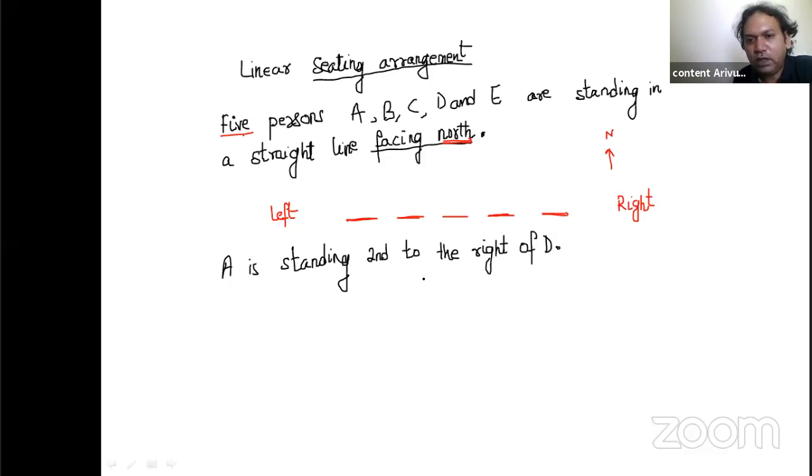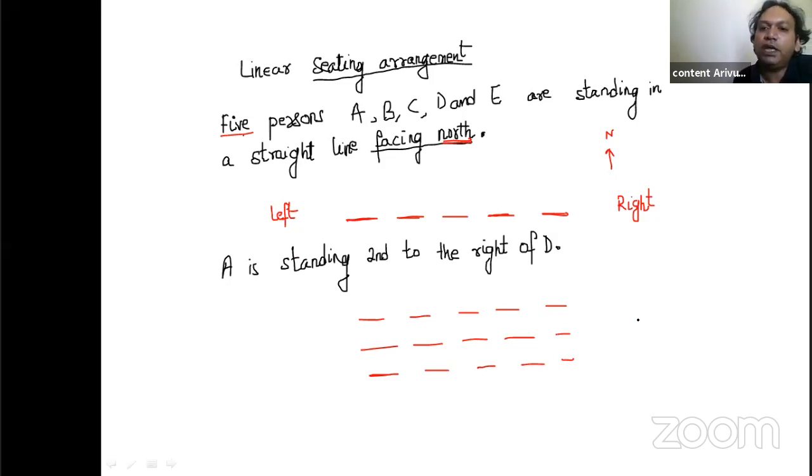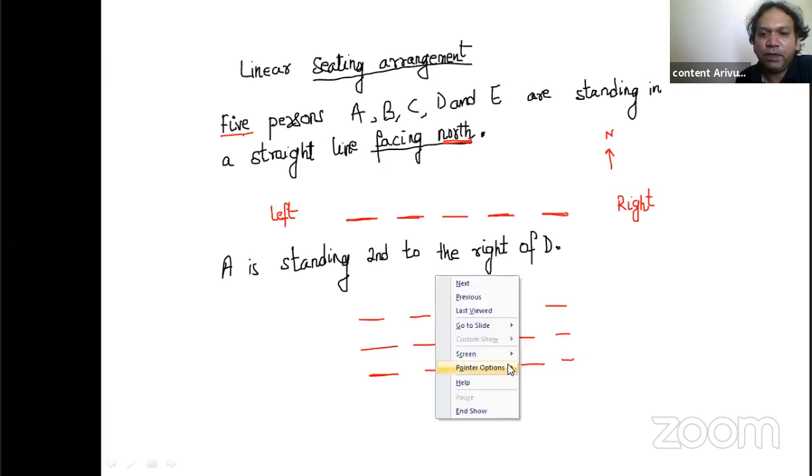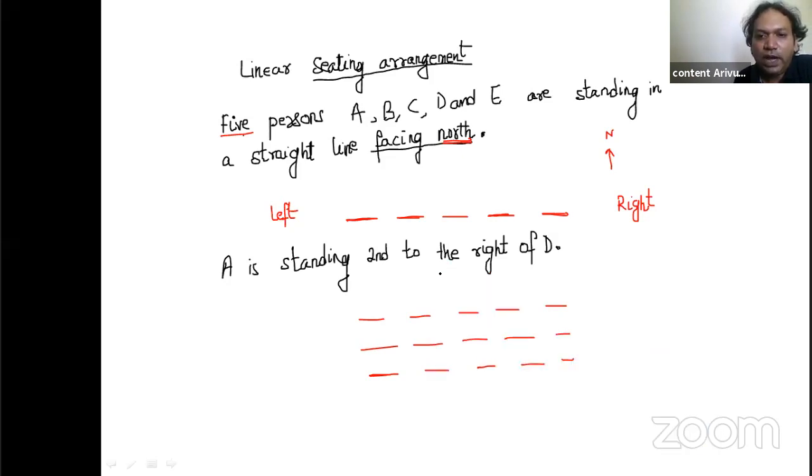See, the objective of this is to show you the approach we use. Okay, so 1, 2, 3, 4, 5. So let's make a few more diagrams. Okay, because we have very few clues here. So just from the first clue, how many possibilities can I create? I'll create all the possibilities and show them to you. I have not given you additional clues right now. I'm just showing you how to create all the possibilities from one particular piece of information. Now, A is standing second to the right of D. So what is given to you? A's position is given to you with respect to D's position.